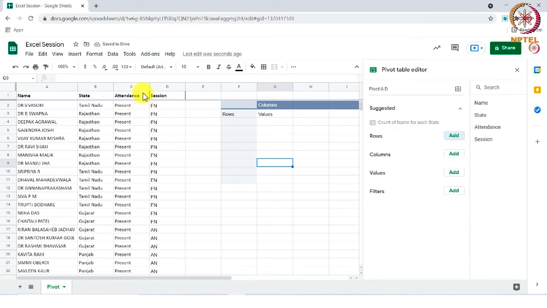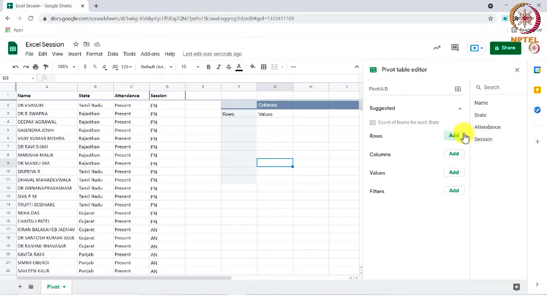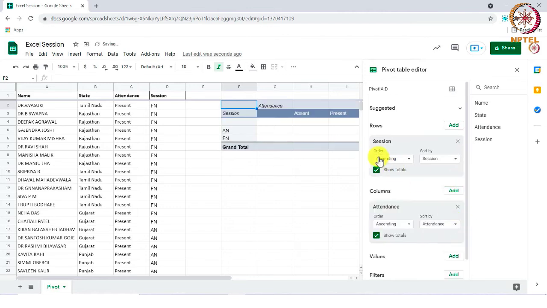We also have attendance details of students with us. Let us check how many students were present and absent for morning and afternoon session. For that, we need to choose the attendance and session details. So this time, we will select the session report from row and choose the attendance report from column. You can see that we have got only the data stating present and absent, not the count.